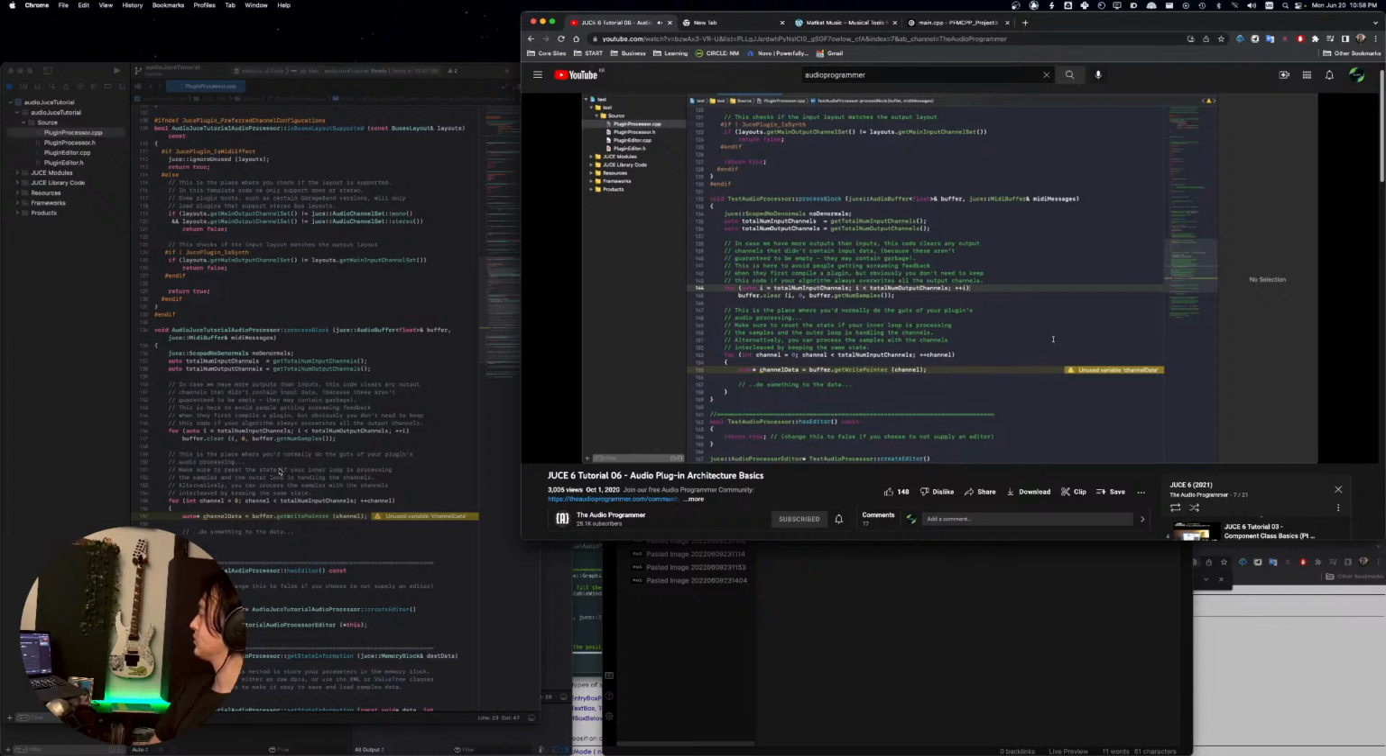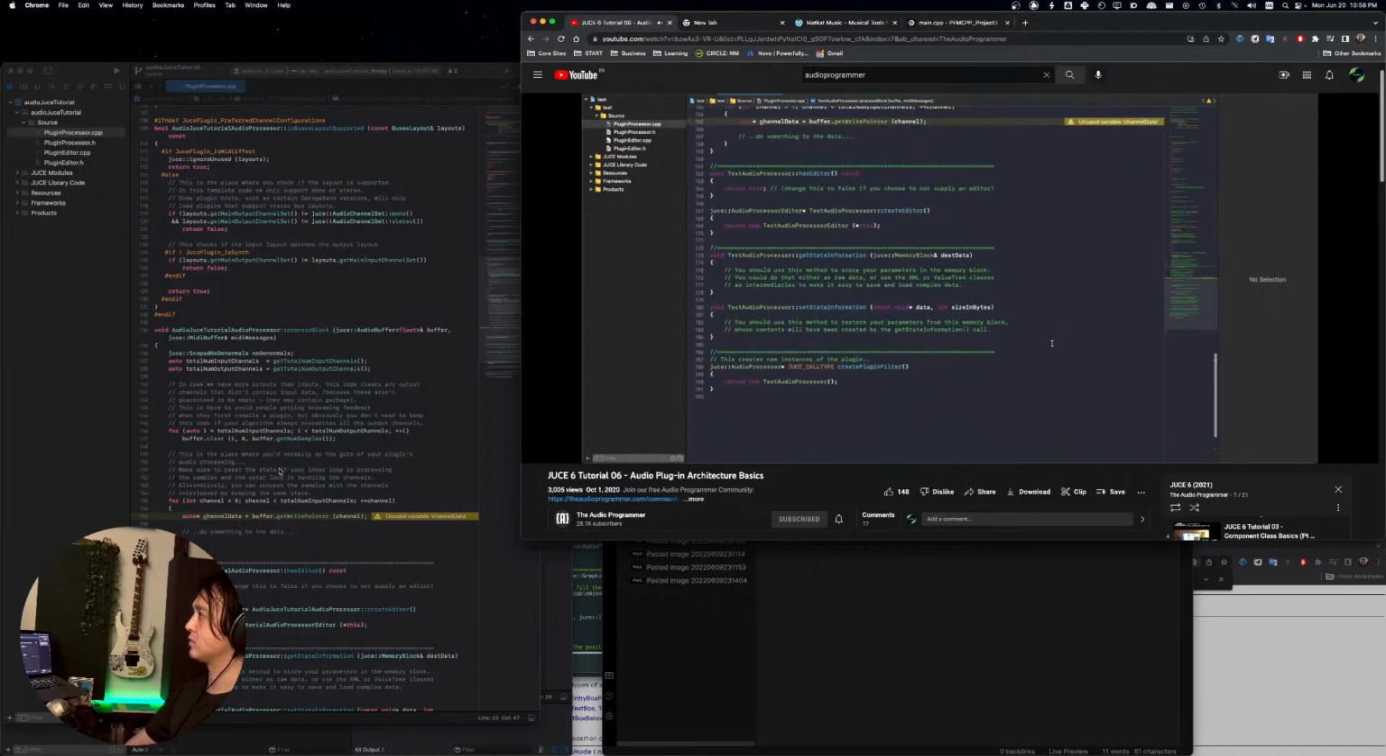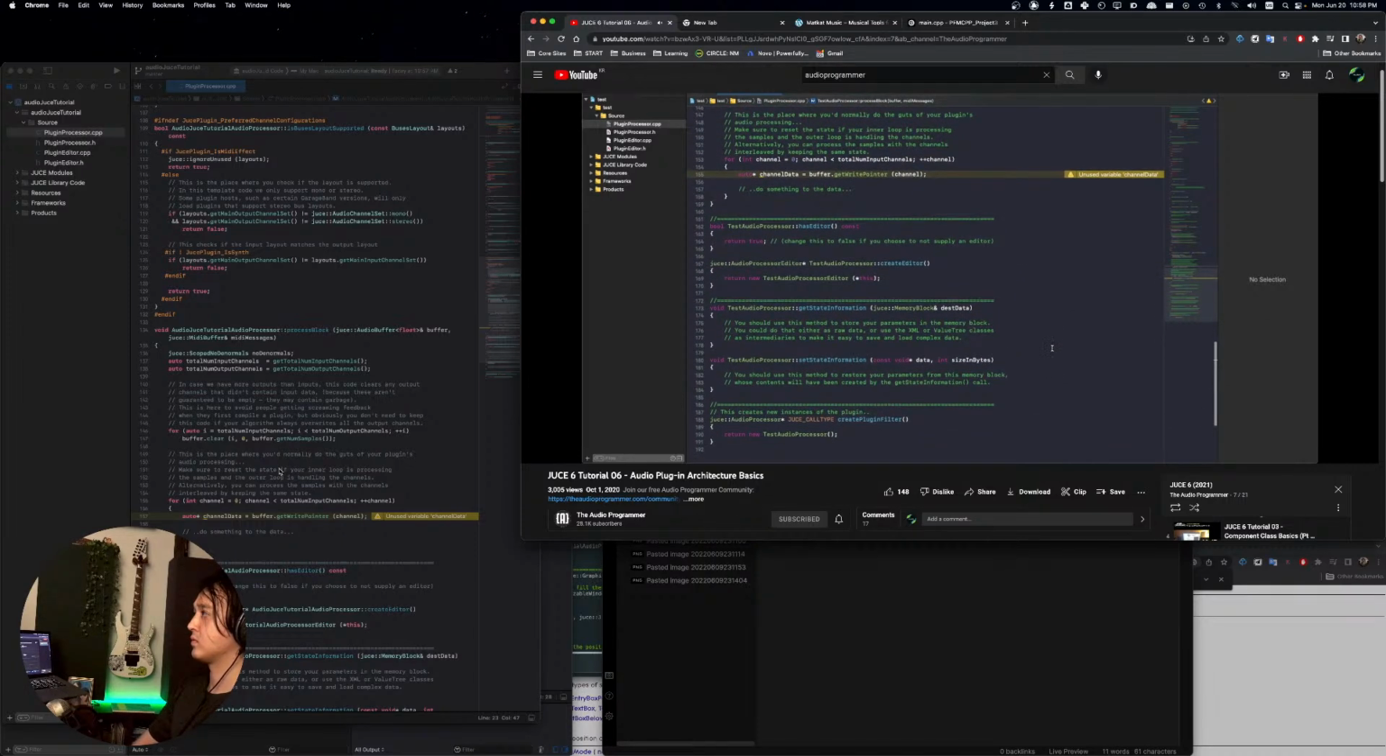But the thing to know for the moment is that the process block is where the audio actually happens, where it routes into your plugin, does the processing, the changing of the audio, and sends it back out. Those are the main functions in the plugin processor. I guess these two are also pertinent. So you've got get and set